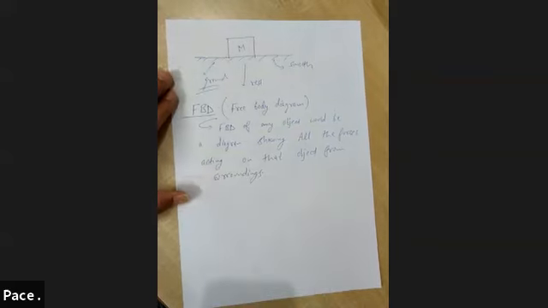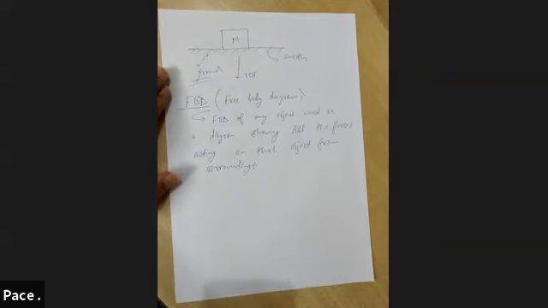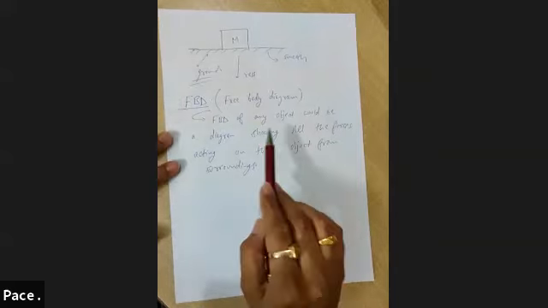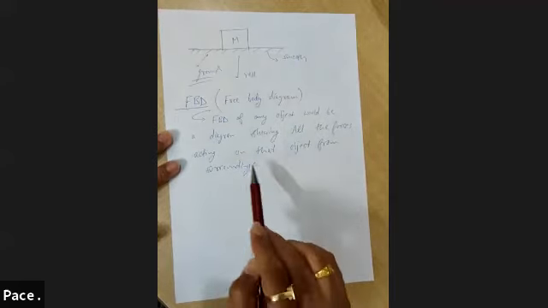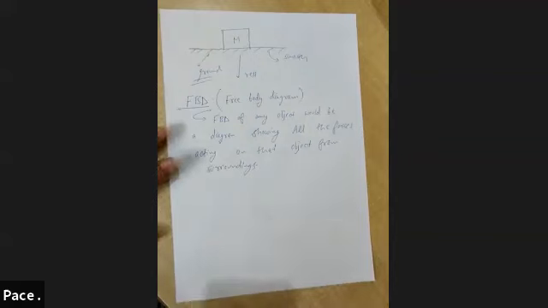Okay, so you can draw FBD of any object. What is FBD? Free body diagram. So FBD of any object is nothing but a diagram showing all the forces acting on that object from surrounding. So let's say if that object is surrounded by 2, 3, 4, 5 other objects, whatever force those other objects are applying on that object will give you the free body diagram.